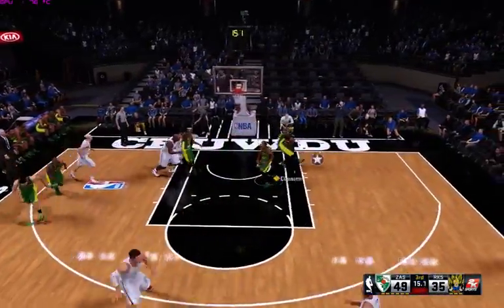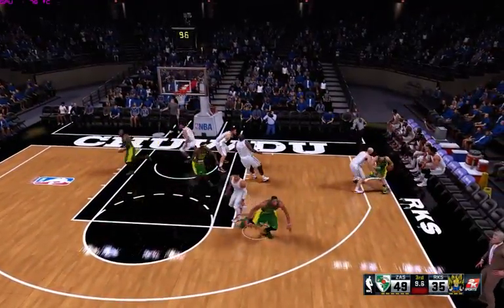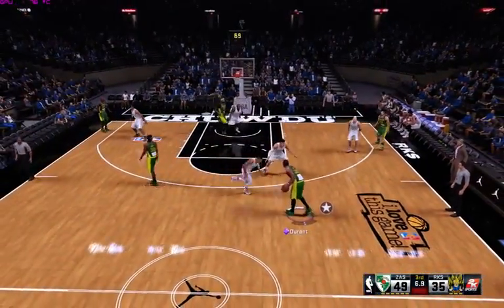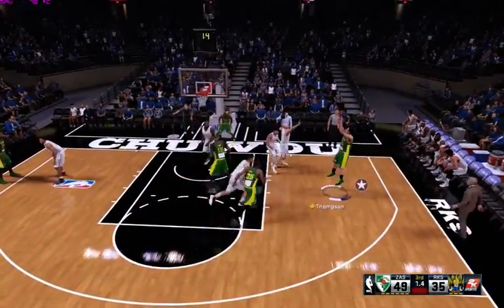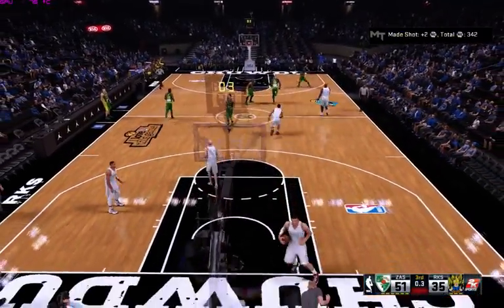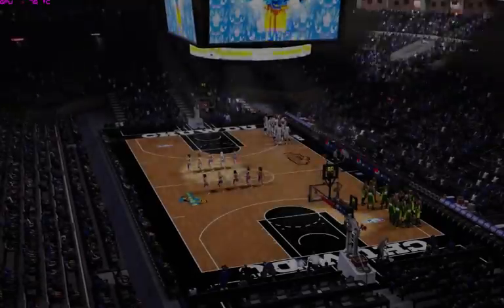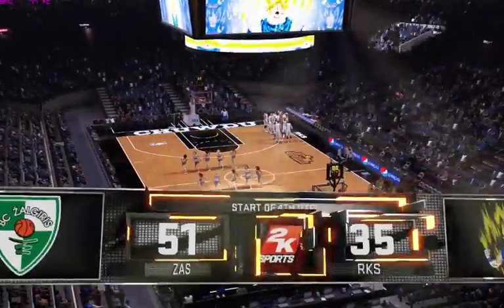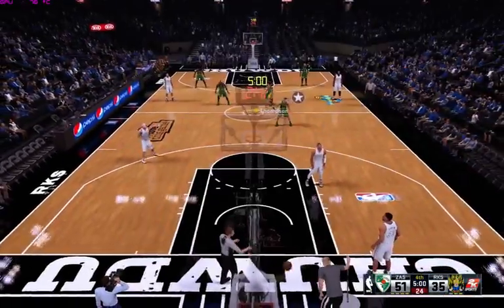Three-pointer, Kidd, no good. Good D by Thompson. Fast break, here we go. Outside to Durant. He dishes it to Hamilton. Out to Thompson. The good-looking shot from the wing. Thompson's got 9 points. And the big lead becomes bigger. They are playing with purpose. And as we end the third quarter, a double-digit deficit will make it tough to come back. Zalgiris up by 16. And when we return, we'll get the fourth quarter rolling right here on 2K Sports.